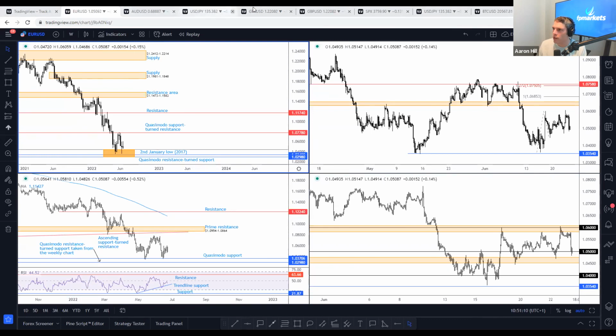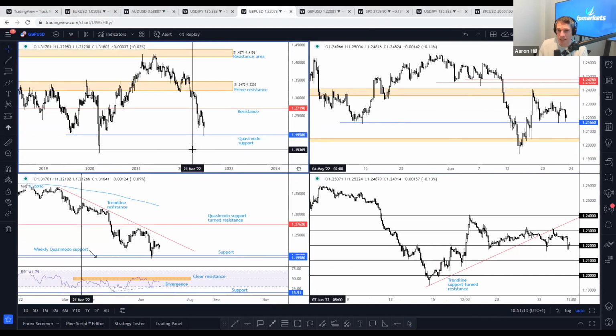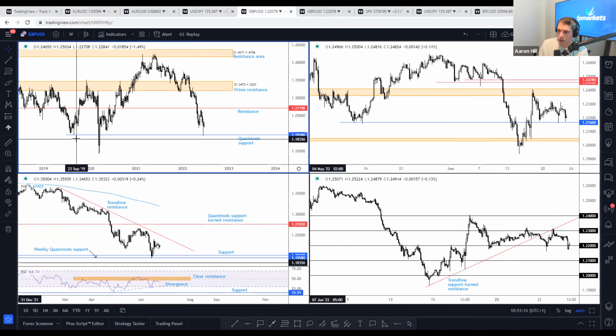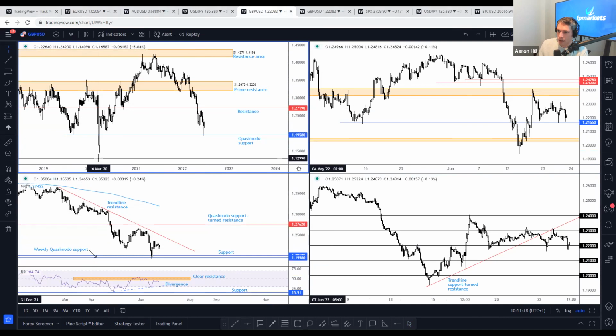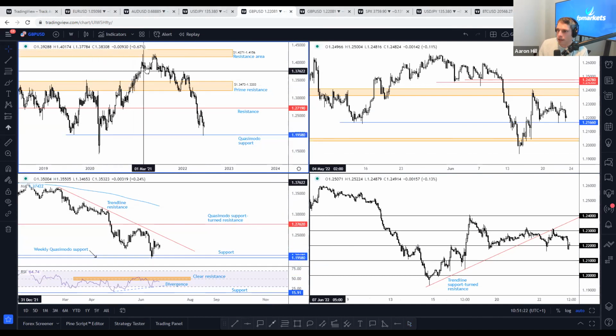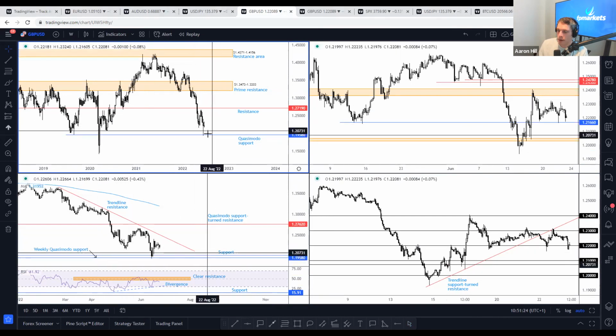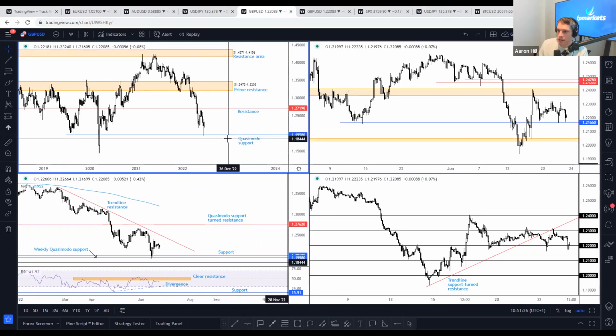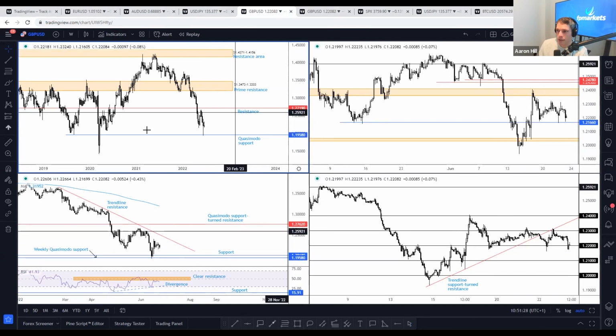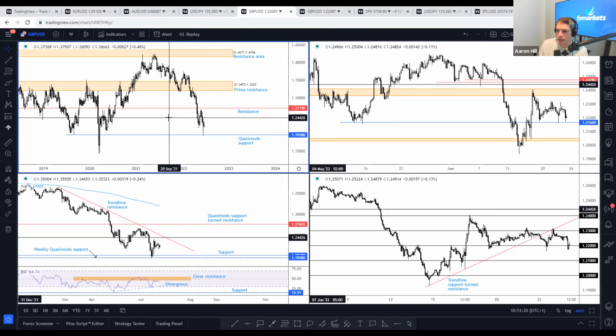We also have something on the pound. I mean, this is a classic one, right? Left shoulder, high, lower low. Look at this bear trap with a pandemic low here at this point. Continuation higher to the pip reaction from this Quasimodo support at 1958. This is a weekly time frame, guys. This is just the pound dollar weekly time frame.